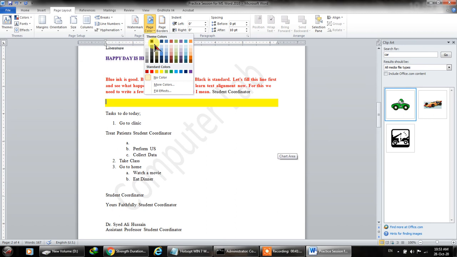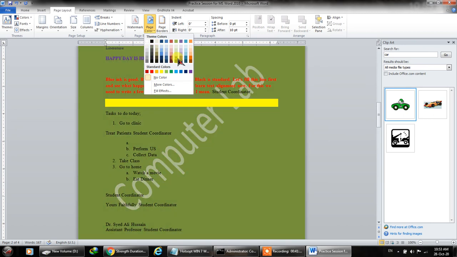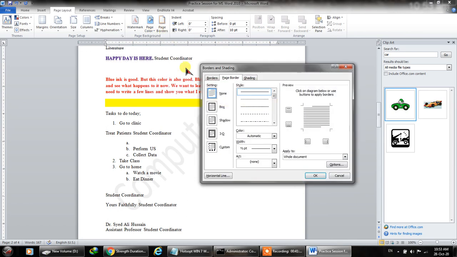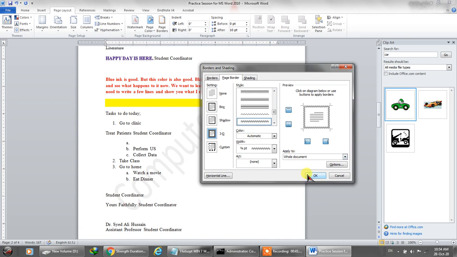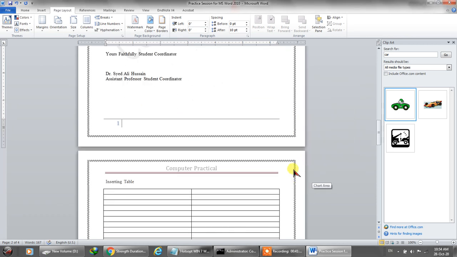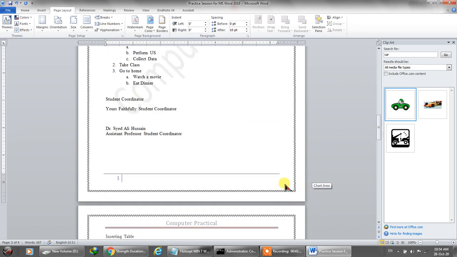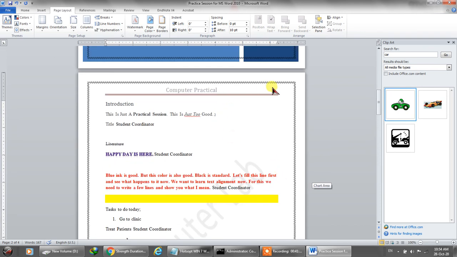You can change the page color to any color you want. The background of the whole page is changed. You can add the borders. For example, let's choose a very wavy sort of border and click OK. And now this border is around the whole document. I'm talking about this black border.